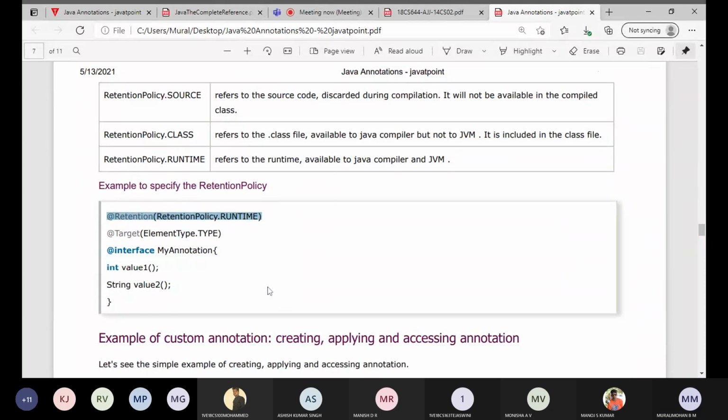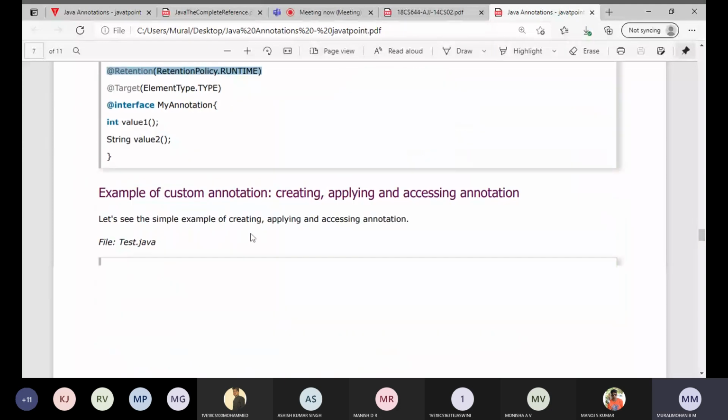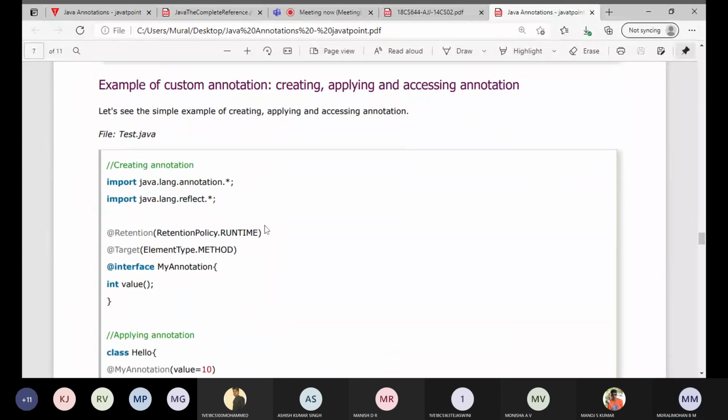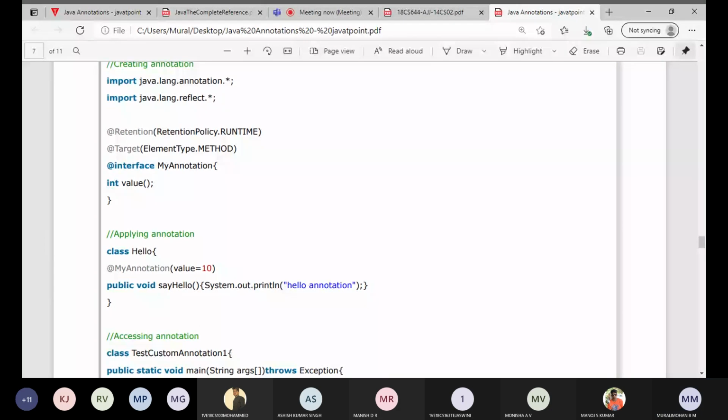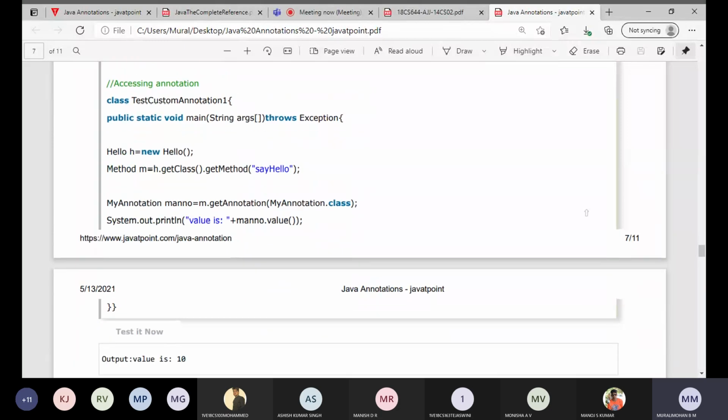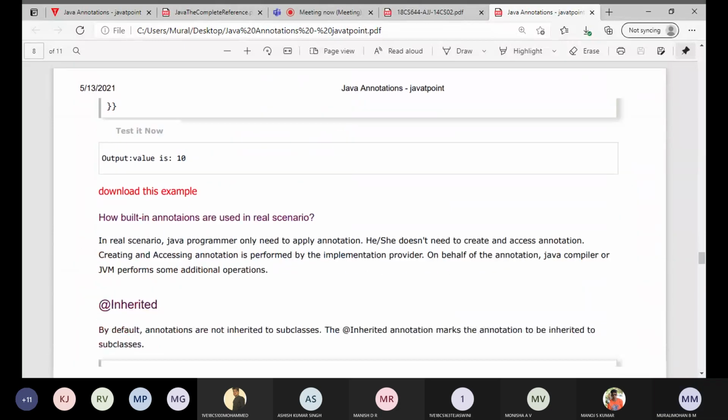Clear? You can just see here the retention policy we are specifying, and the target you are specifying for the method.